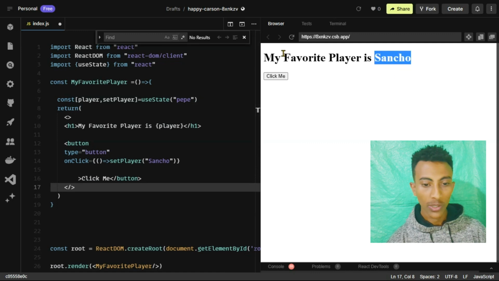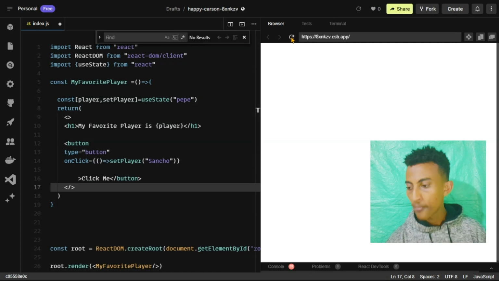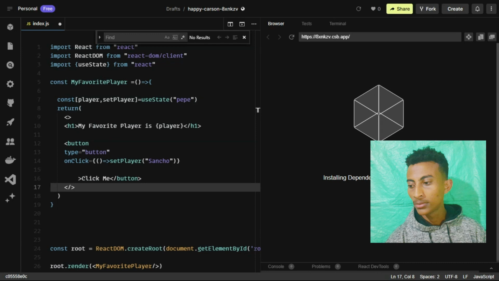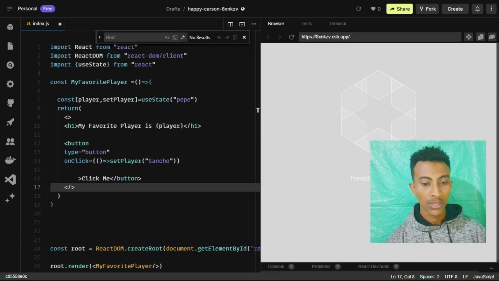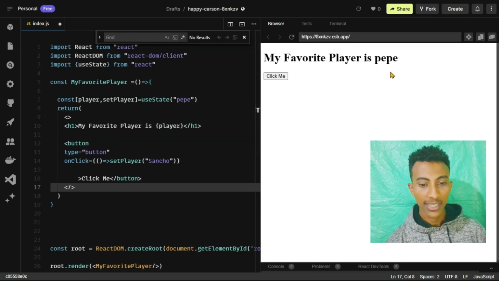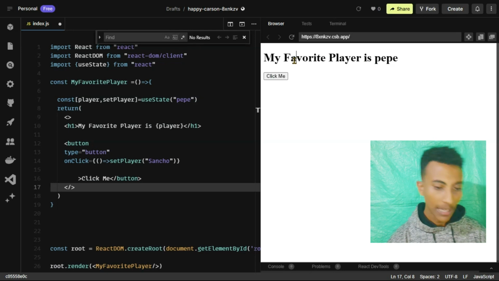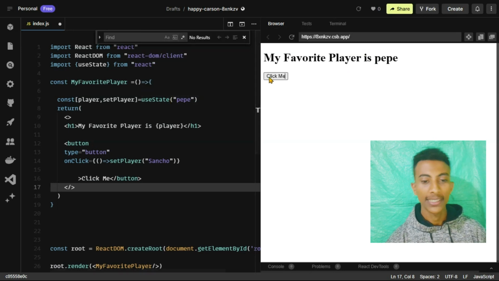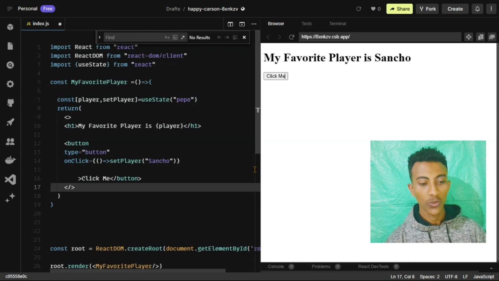Okay, so let's refresh it again. When we refresh it, look, initially it is my favorite player is Pepe, and when I click it, it says my favorite player is Sancho. Okay, so this is a powerful tool when you use it with